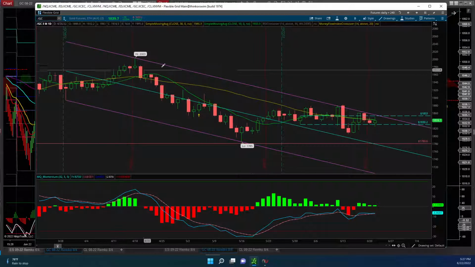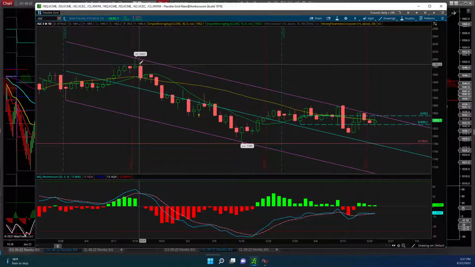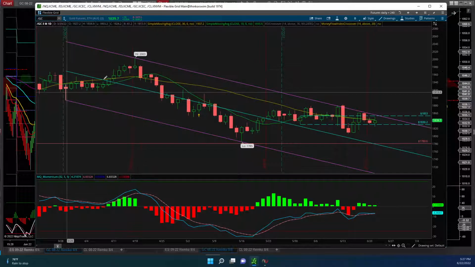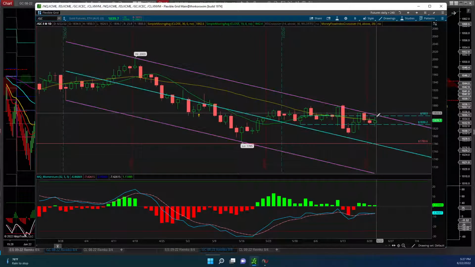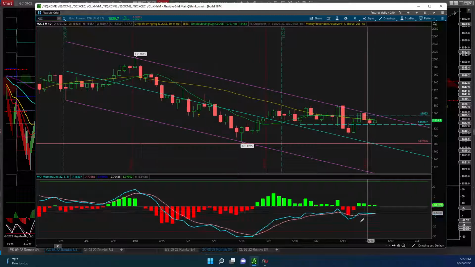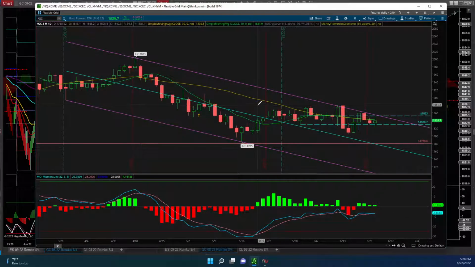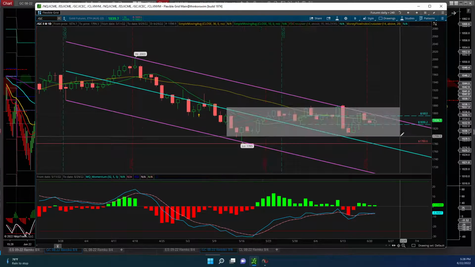Now I do have this channel, a descending channel that was created in between these two prices here. It's trying to break out, and it has not done it yet. So we consider this one as a channel move, or range move, until it goes out of this channel. There has been a, let's mark here in the, you know, this is, oh,